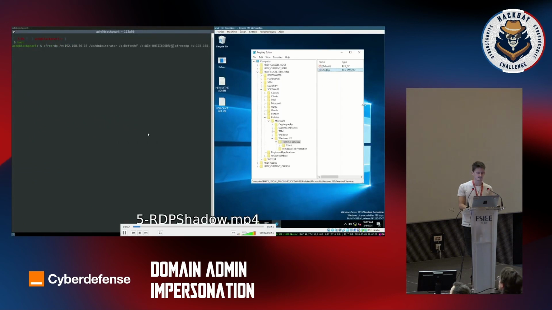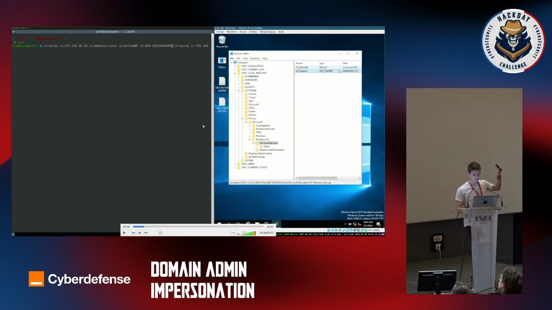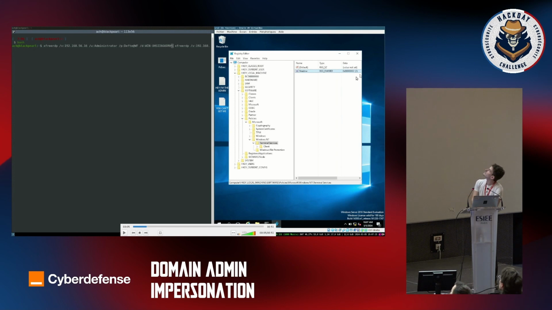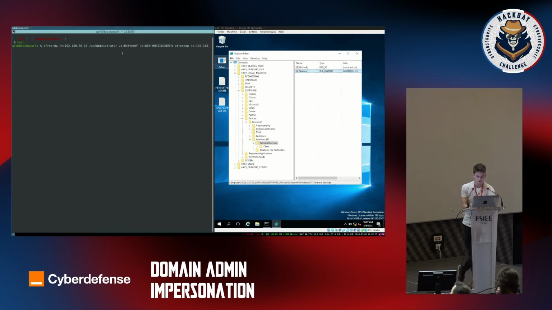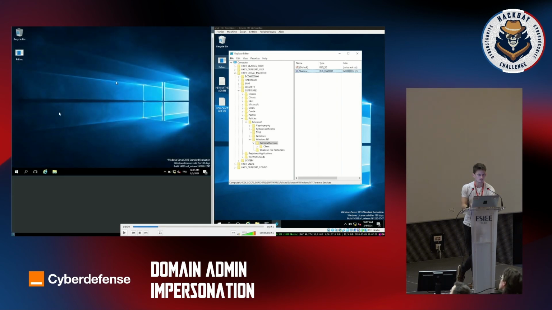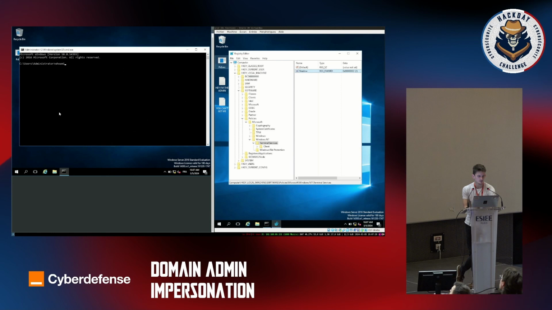So we've got the same setting, although this time the computer we want to hack is on my left. Yeah, my left. And I am the attacker on the right, for you. As you can see, I modified the registry key, so I set the value to 2 on the registry key Shadow. Now I'm logging on to the computer I already compromised on the left, well, your right. And I'm going to